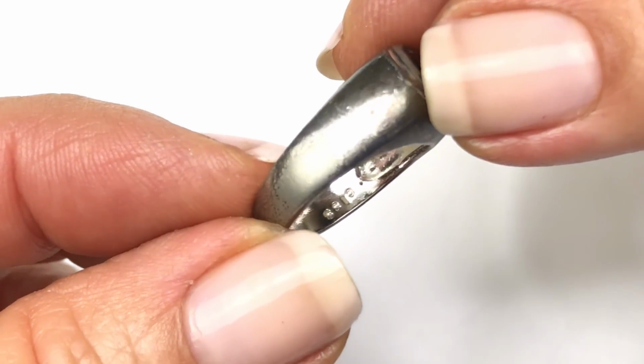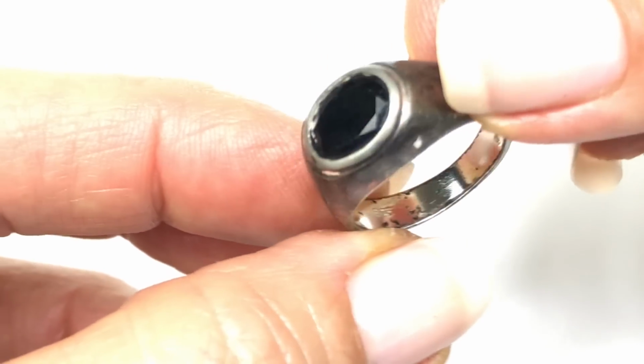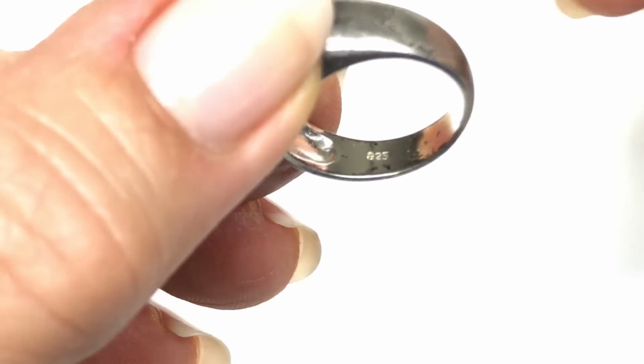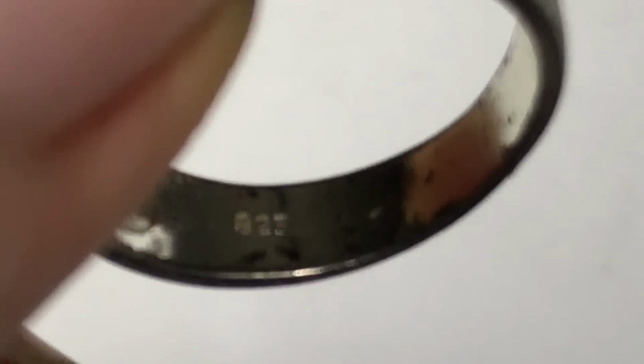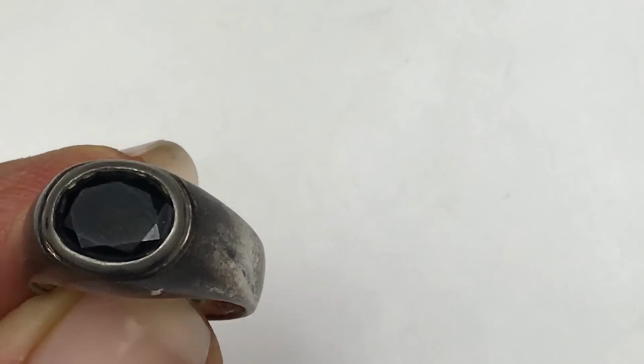This one is stamped inside. Let me see. It's stamped 925, but well, we'll find out soon enough. I don't really like the way that looks. It doesn't really look like what I'm used to seeing. There's like chip marks or something in there. Well, let's find out. Before I put the magnet on it, let me show you what the actual stone, the